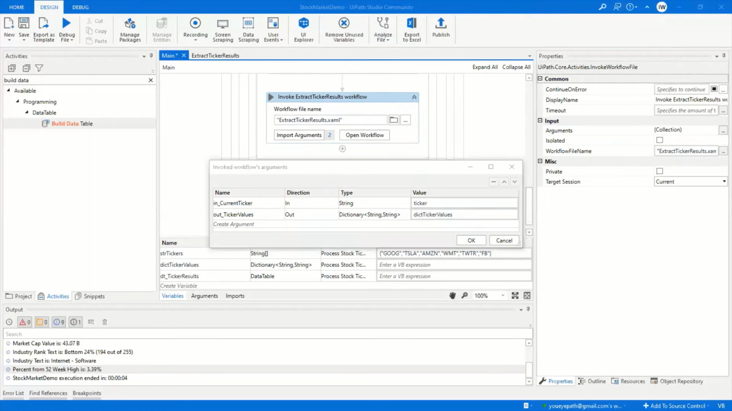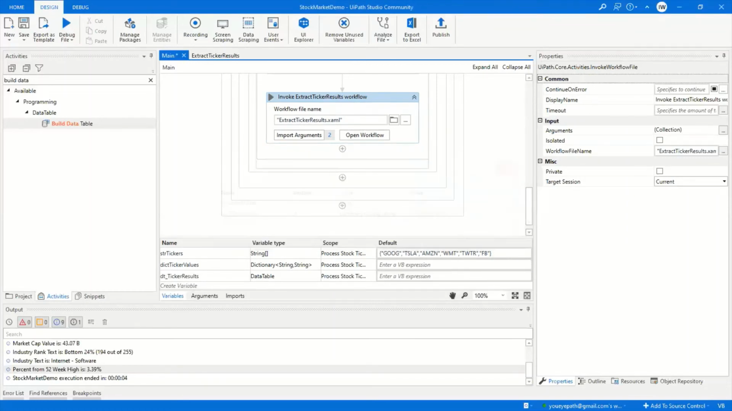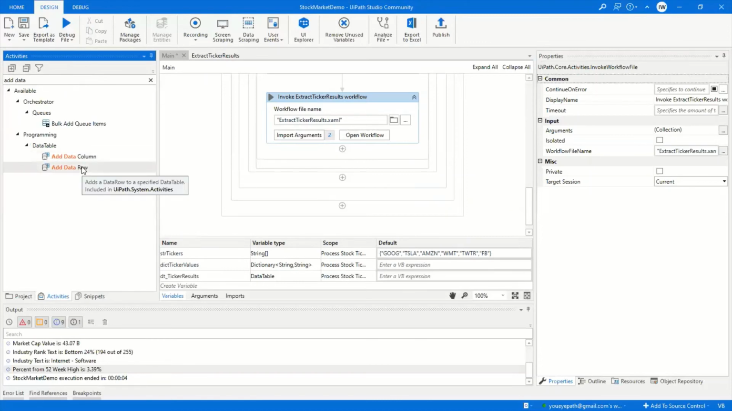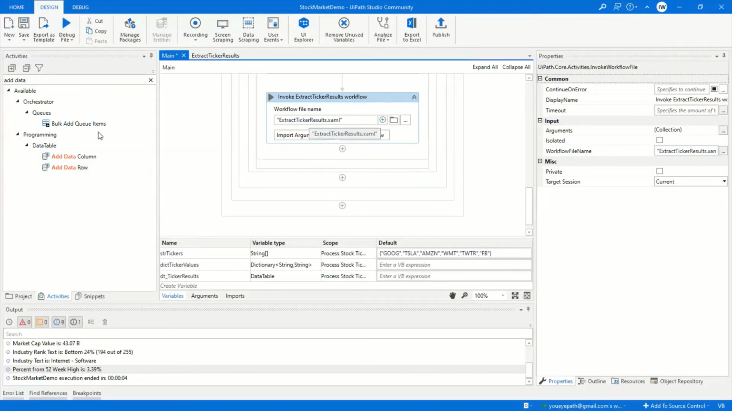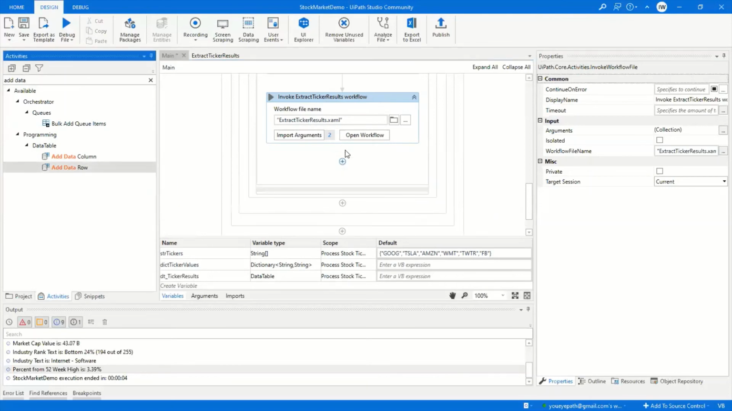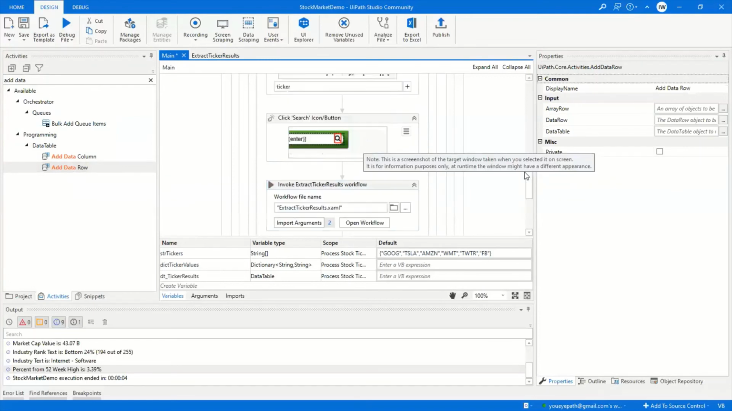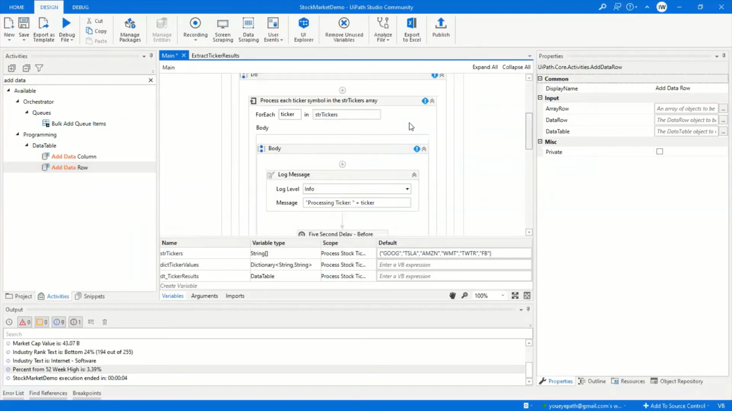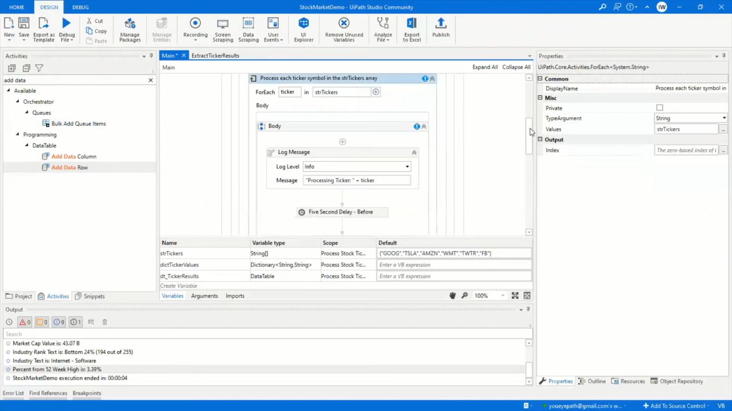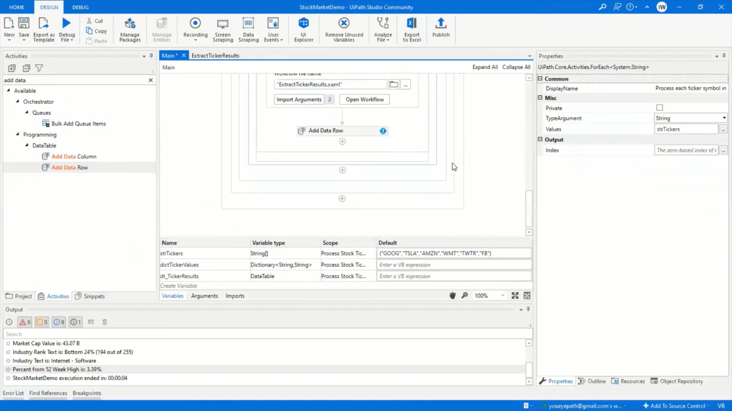There's an activity out here that allows us to add a data row to a data table. Add data row. We want to do this immediately after we get out of the extract ticker results workflow. So bring add data row immediately underneath. It needs to still be part of the for each loop, is what I'm really trying to get at here. So if I go to my for each loop, follow the little blue line all the way down,